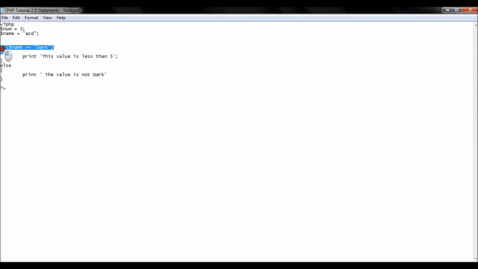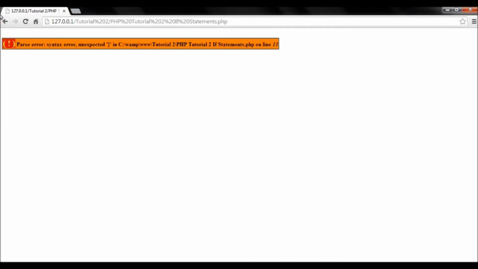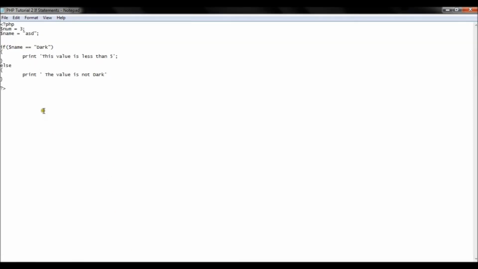So now I have an if statement with an additional else statement. This is one structure. It's treated as one structure. It's not treated separately. So if this one is false, this one is executed. If this one is true, this one is not executed. So it's like one structure. Okay, I think I saved it. And let's just move out. Error. Did I do something wrong? Print. Oh yeah, there is no